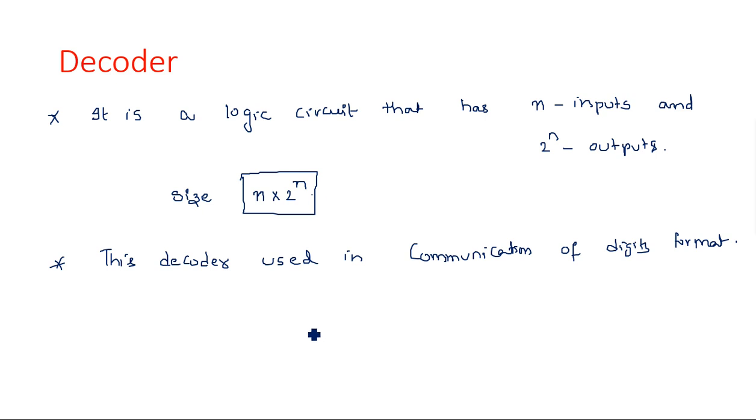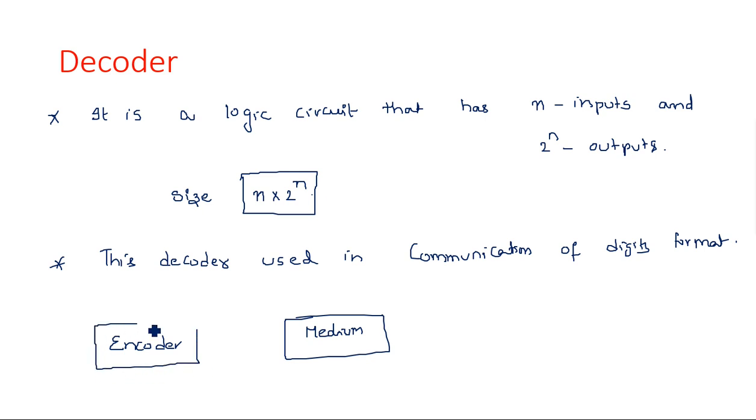Suppose here we have a medium. The medium may be wireless, or it may be wired, depending upon the use. Here we have the encoder. The encoder is always used at the transmitting side, and the decoder is used at the receiving side,